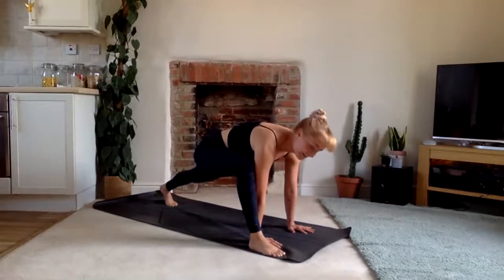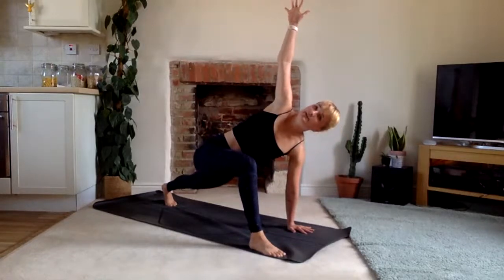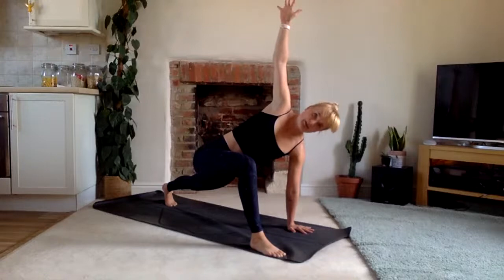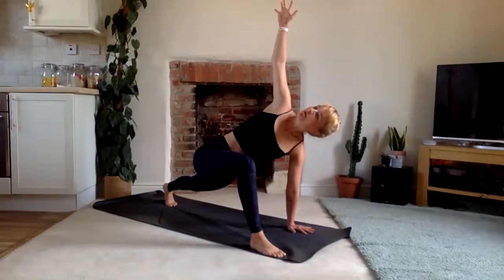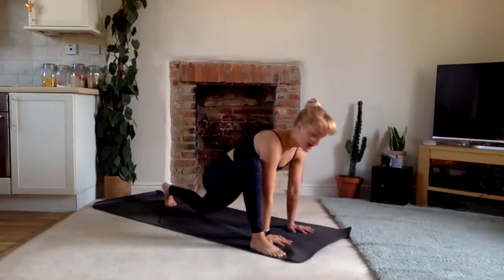This time, we're going to keep that back knee nice and high. Press into the left hand and reach the right arm high. Find a twist in here, easy twist. Good, holding for another 2. One more. Good, we're going to drop that right hand inside of the right foot, drop the back knee, untuck the back